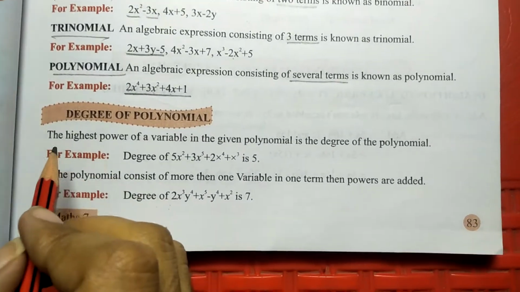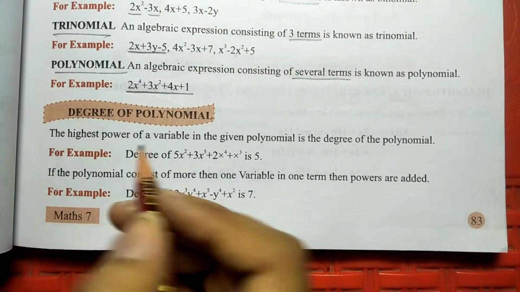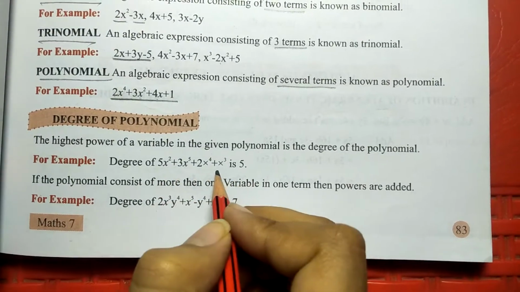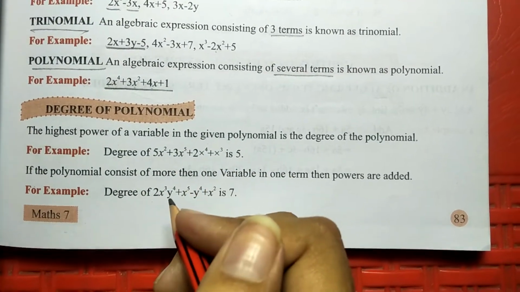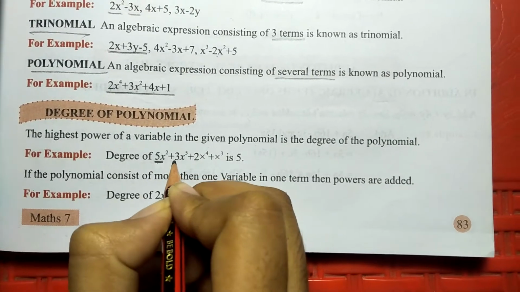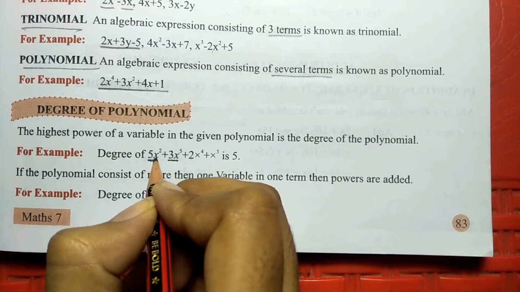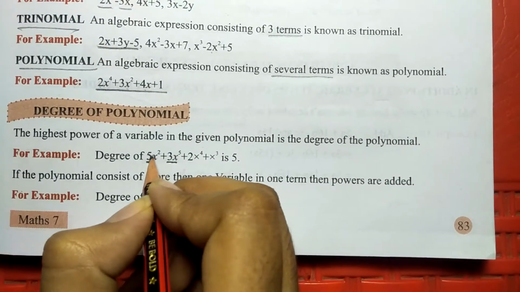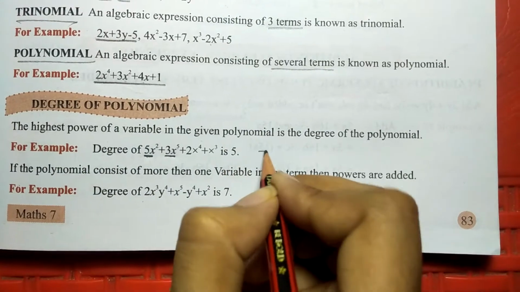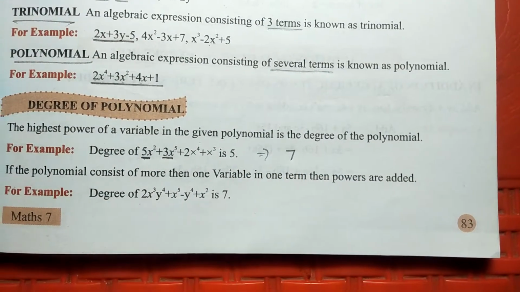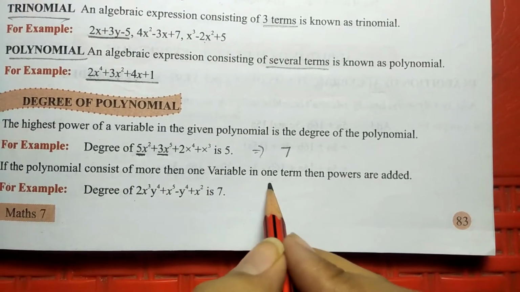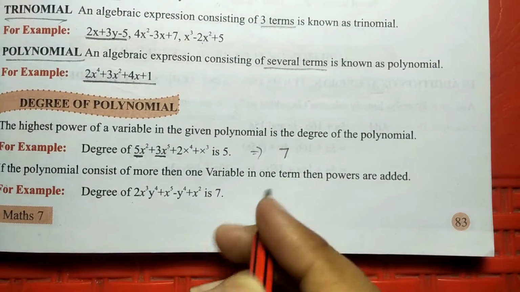Now this is on the basis of the degree of a polynomial, that is, the highest power of the variables. If a term or equation is given and they are asking for the highest power of the variable, you can see here 5x is also here, 5 is also here, and we will add the variables' powers, so 2 plus 5 is 7. The other variable is not there, so the power is 7 and that is the highest power. If the polynomial consists of more than one variable in a term, then the powers are added. We have already done this.